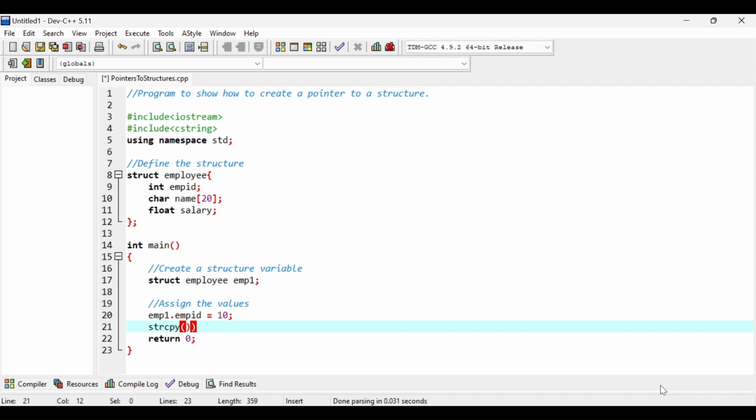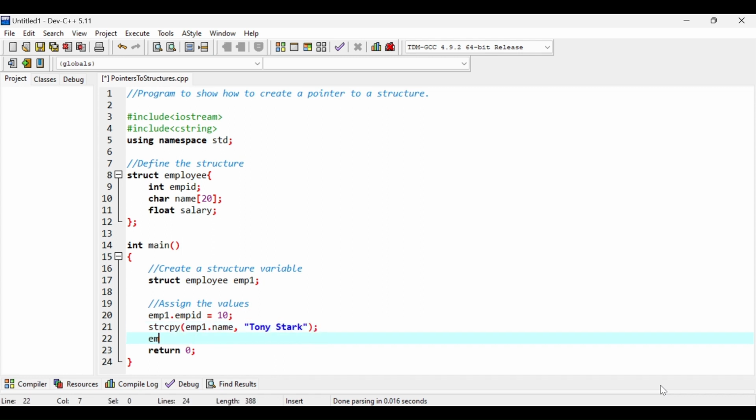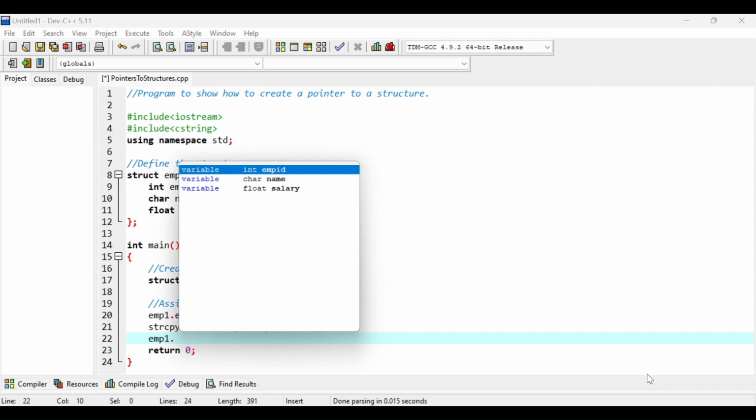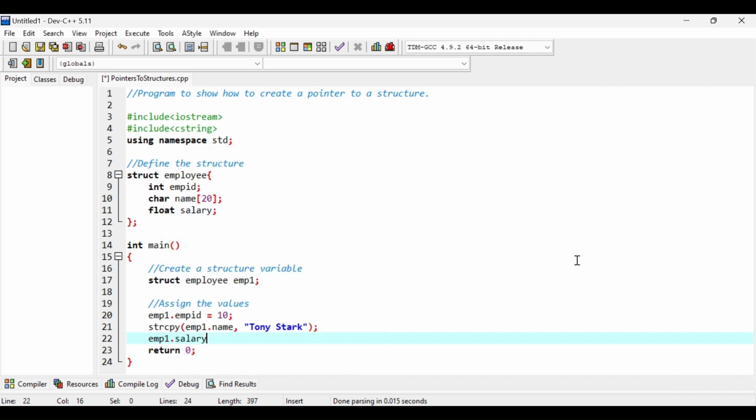So my variable is emp1.name and then after comma inside double quotation marks I will store here the name of the employee. Let's say the name is Tony Stark and then semicolon. Finally I have emp1.salary. This can be directly initialized. Let's suppose the salary is 34500.78. It's a floating point value.